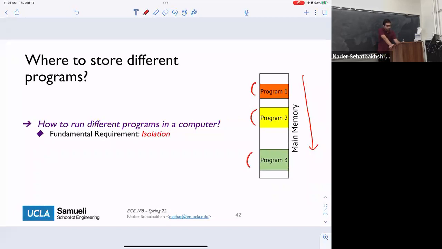Why? Because we don't want program 1 to be able to change values in program B, or program 2 or program 3. If it does, then it's very easy for an attacker to change things. This would be a malicious program, and all it does is start changing things not only in its own address space, but also in the other address space. So a very basic thing we need to do is block any sort of access from one program to other programs. We definitely need this.